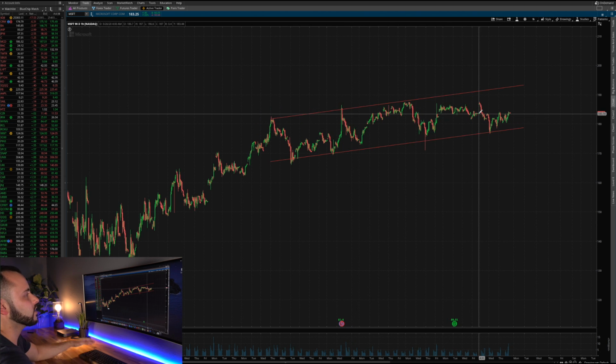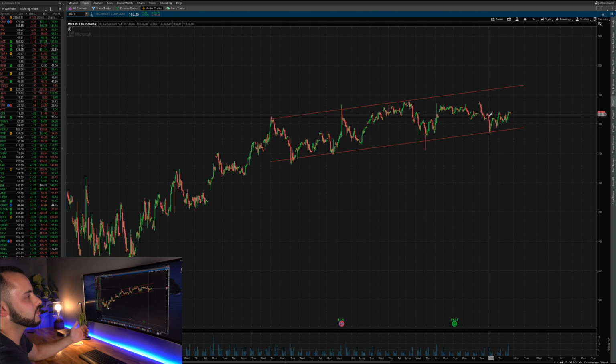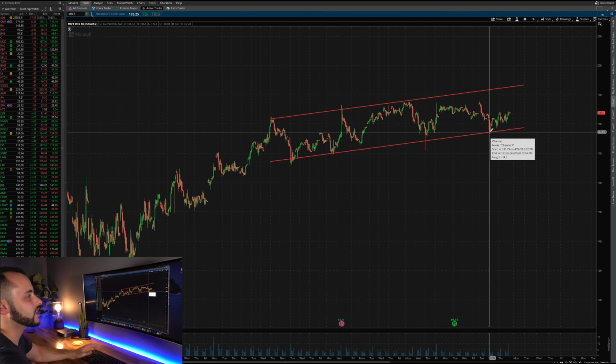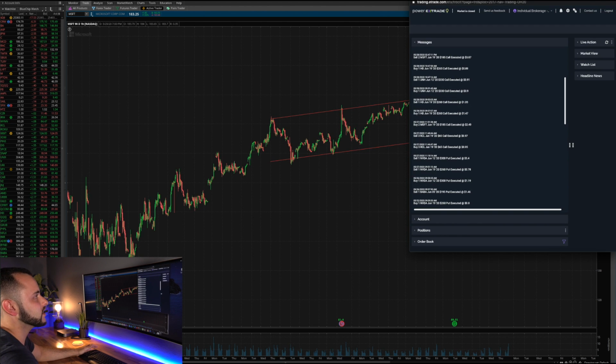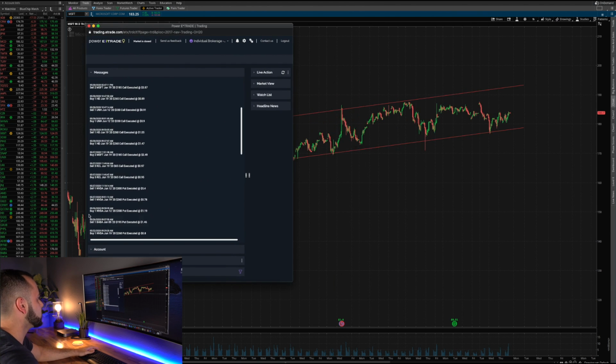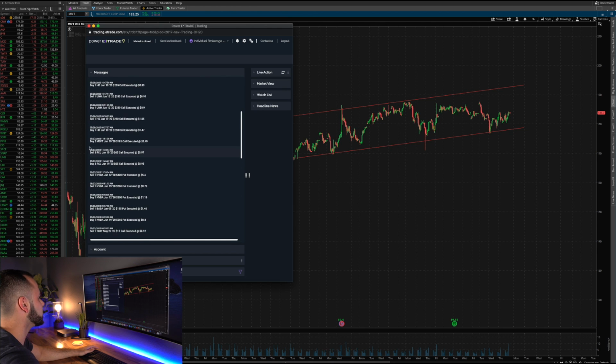channel here. Now, what I was looking for was a place to get in, and that was around this time right here. So what I saw was that Microsoft hit the bottom of this channel, and I knew that I wanted to execute this trade. So if I pull up my trades, what we can see here is that my first trade, if I go to Microsoft, I believe it was around here, this is it right here. So on the 27th of May at 11:51, I bought two Microsoft June 19 185 call